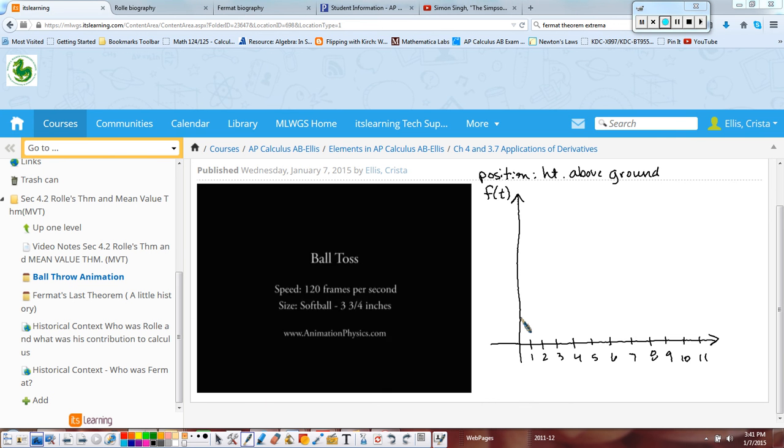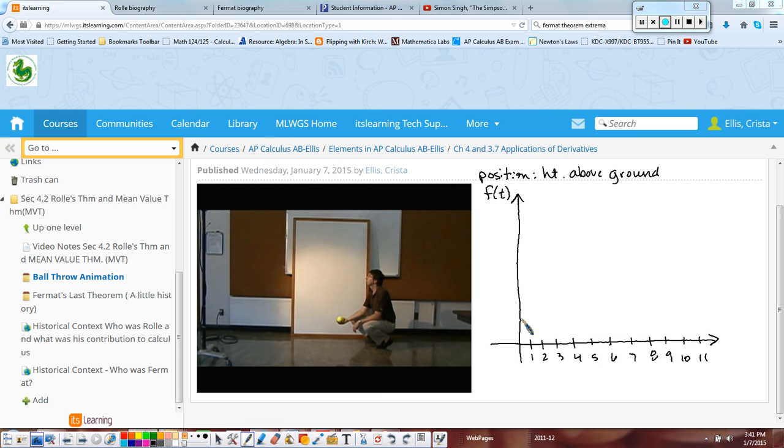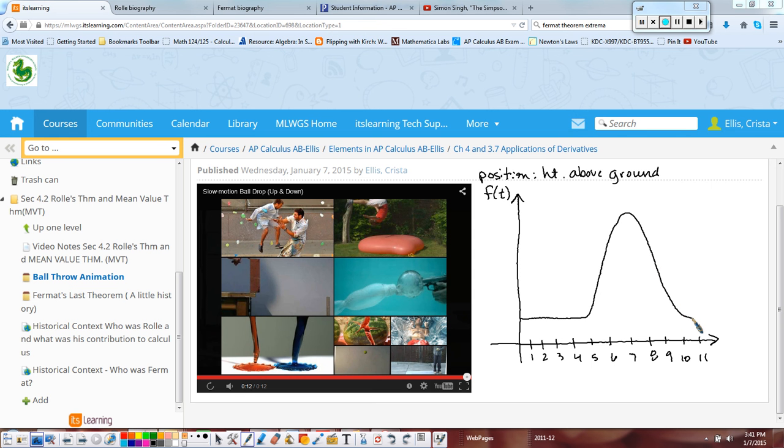So as it starts out, the time is passing, and pretty much nothing happens. And then he starts to throw the ball, and then it goes up, and then it comes down. Okay, and then he catches it. So our position function that we're looking at, and I'm just going to move back here a little bit in